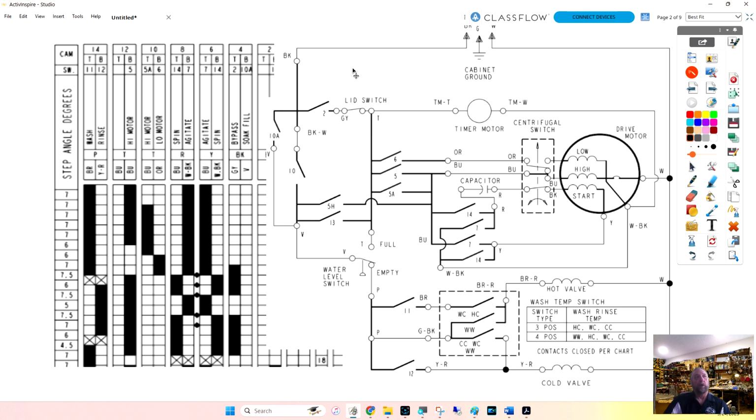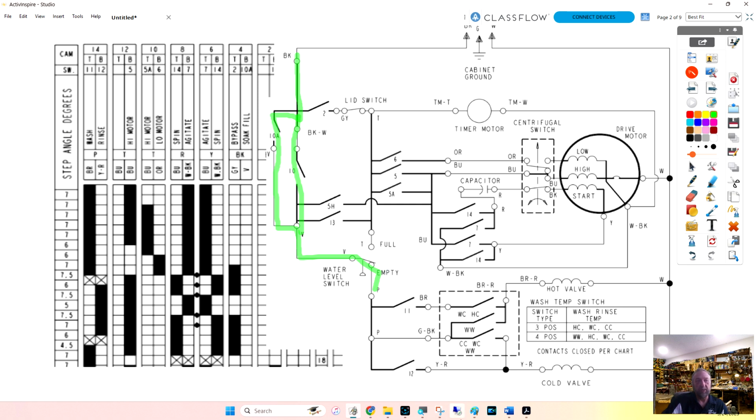But you say, well, why couldn't they just use any other cycle? They could have. Why they did it, I don't know, because if you look, 10A and 10 go to the same thing, but it's only energized in the soak cycle. So that's the only reason why they use it. Could they have just gone through number 10 and accomplished the same thing? Because if you look, number 10A comes here, power goes here, and goes to the water level switch, and we're still going to go to the water level switch. What's the difference if it goes down here? No different. So why they put that in the cycle, I could not answer that question.